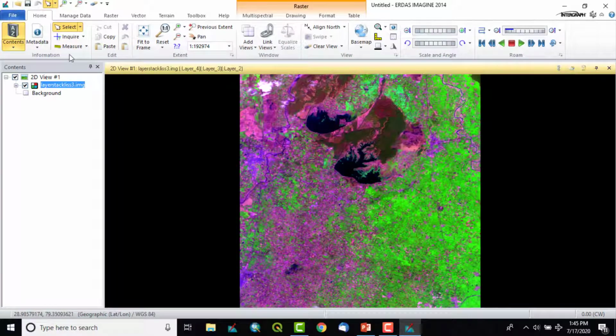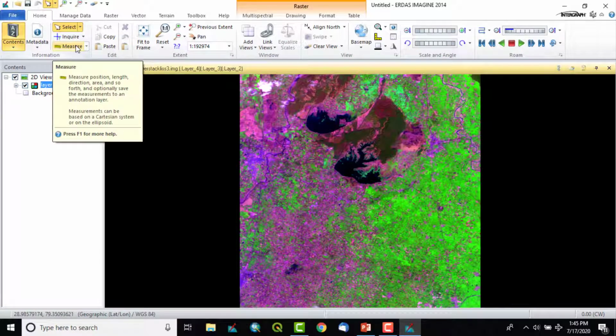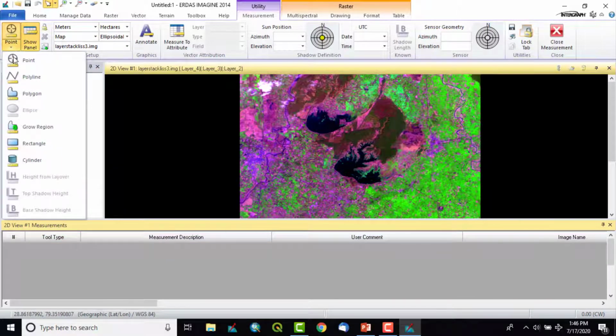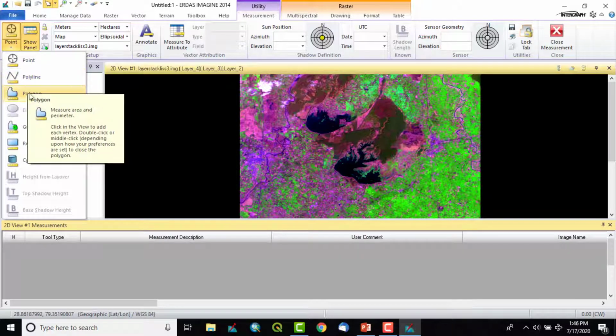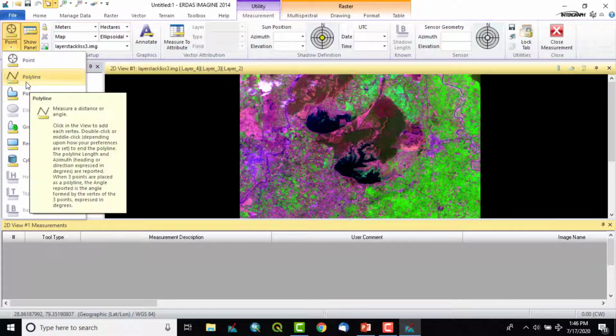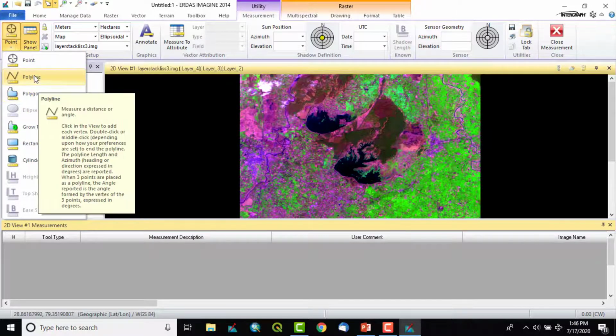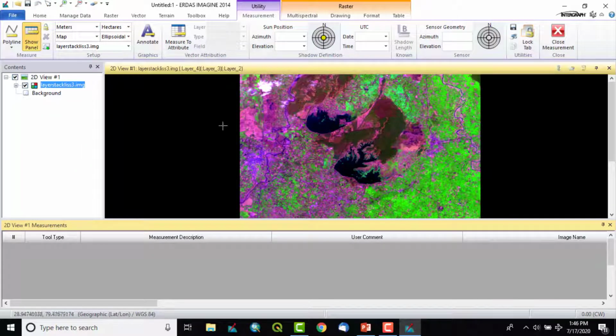Next is measure. Measure means we can measure the distance, we can measure the area. Here are the options polyline and polygon. Mostly these are used: if you want to measure the distance, we use polyline. If you want to measure the area, we can use polygon. So first I will take polyline.